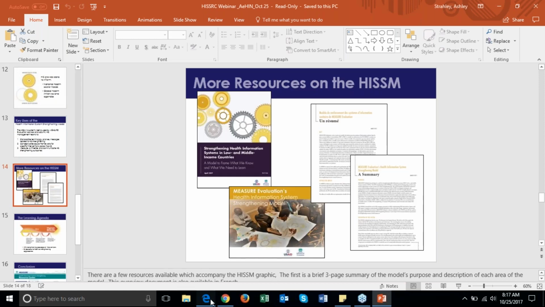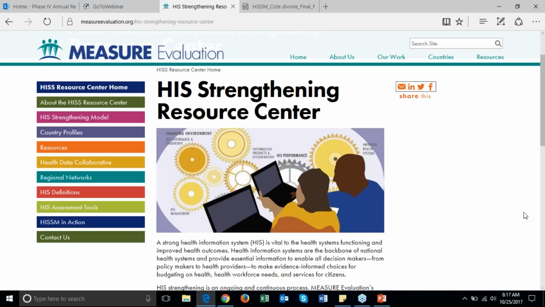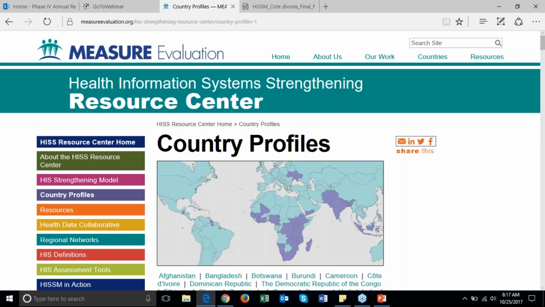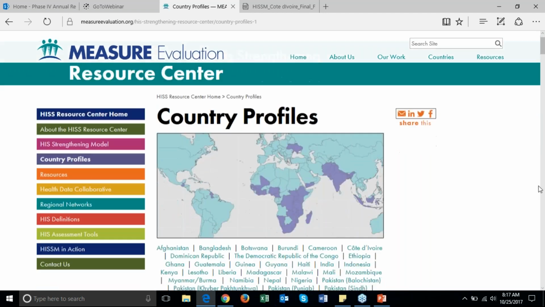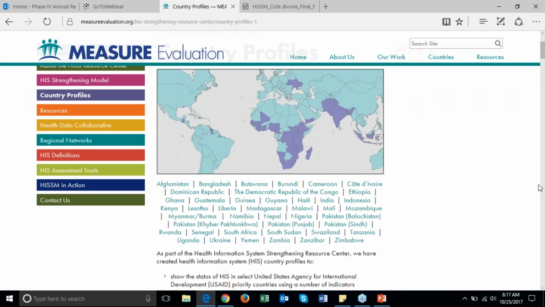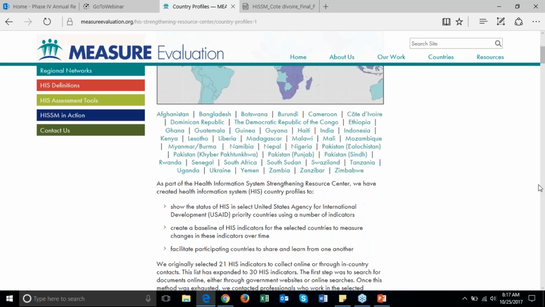Okay, so now I'm going to do just an overview of the HIS country profiles. One of our big tasks under MEASURE Evaluation, as requested by USAID, was to develop some country profiles for, as Heidi said, 39 countries. And these are 39 priority countries where USAID works and has significant interests in supporting the strengthening of health information